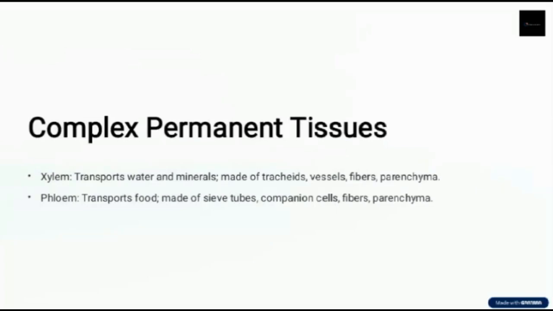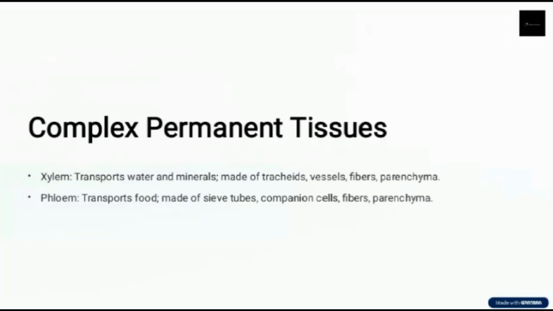Now, lastly, we need the type of tissue called complex permanent tissue. There are two types of this complex permanent tissue. Number one is the xylem. We have mentioned this since the start of this class. Second one is the phloem. Now, the xylem transports water and minerals, while the phloem transports